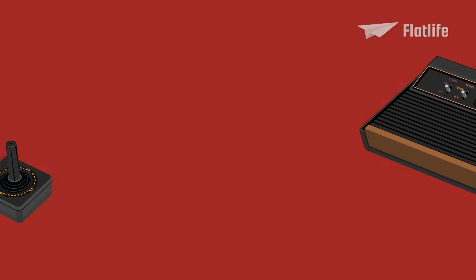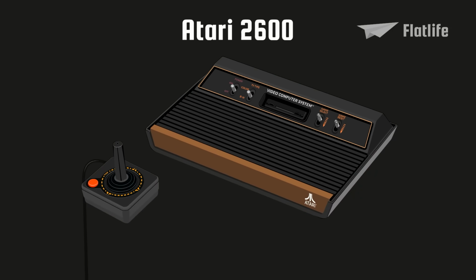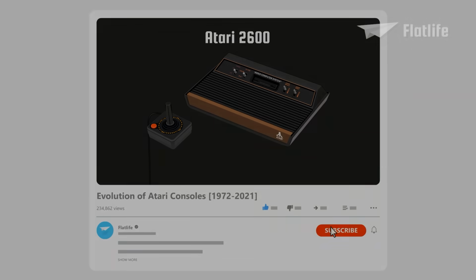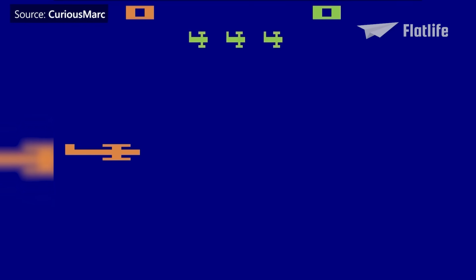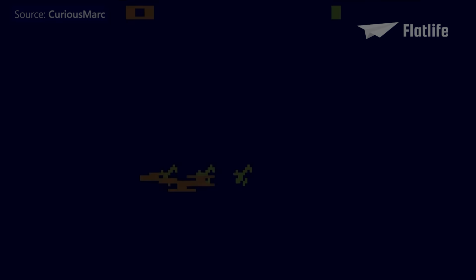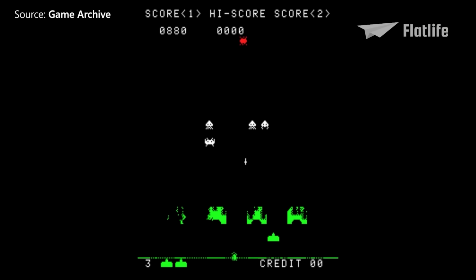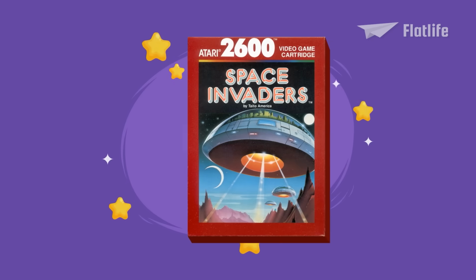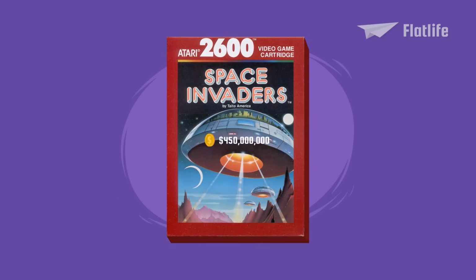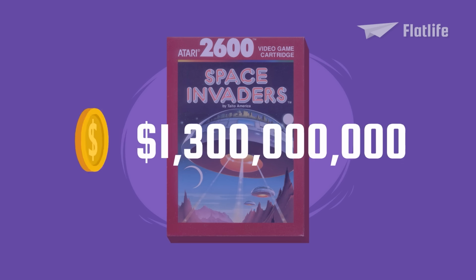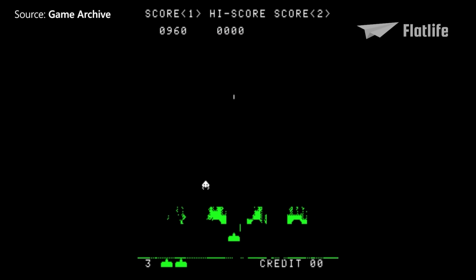During this era, many other consoles were created, including the Atari 2600, which we extensively feature in the evolution of Atari. Many new and simple games were developed for this console, including Combat. But then, the golden age of arcade games began with the release of Space Invaders in 1978. Video game graphics significantly improved from the basic lines, dots, and blocks commonly found in most games before that period. Fun fact: Space Invaders was a huge commercial success. The game had a net profit of $450 million, which is equivalent to over $1.3 billion today, making it one of the most successful games of all time.